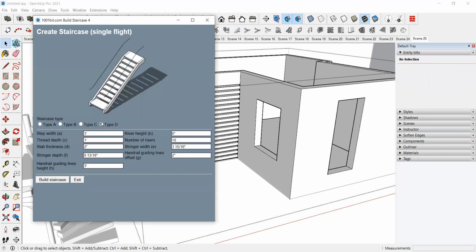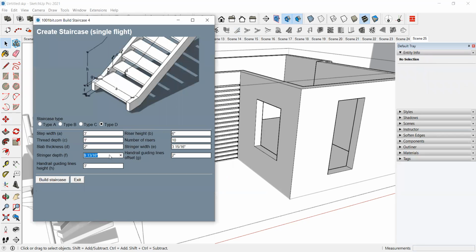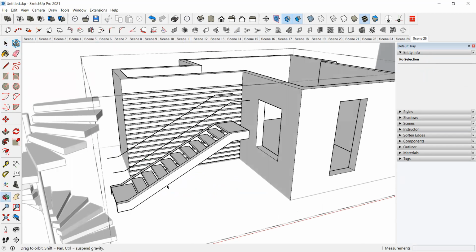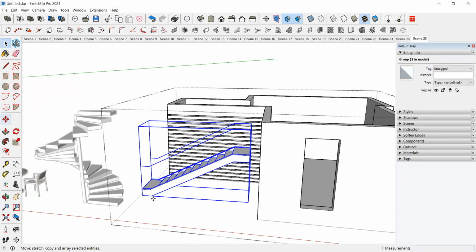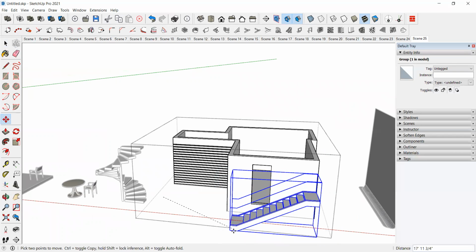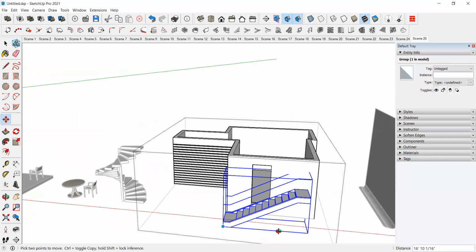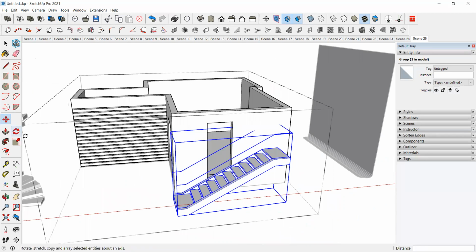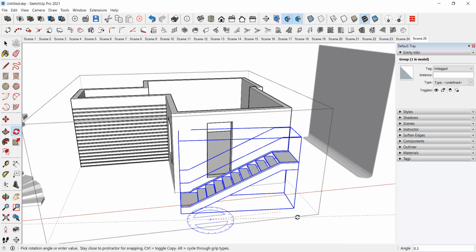So whatever the type you want, with this you can create. Build staircase. So like this we'll create the staircase. So I have to change its direction.